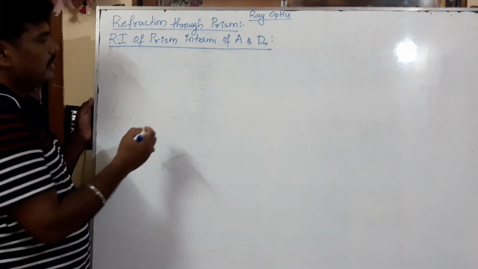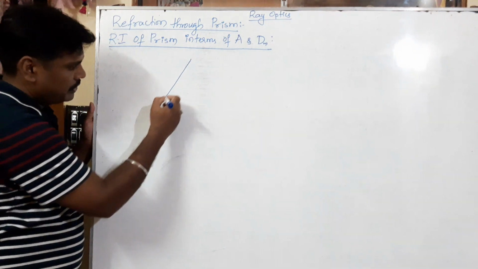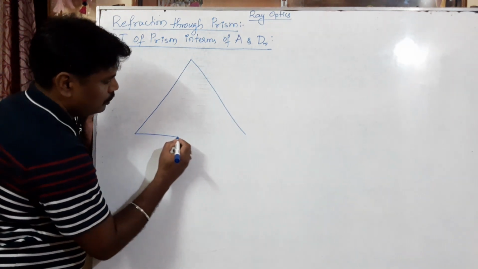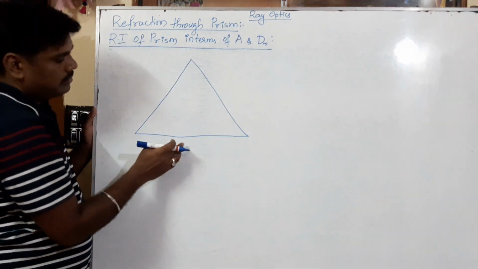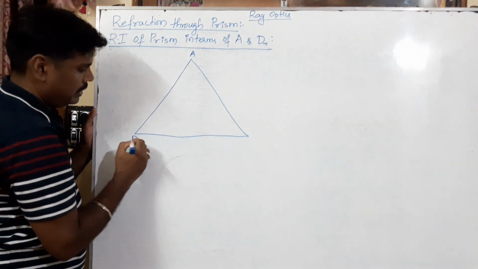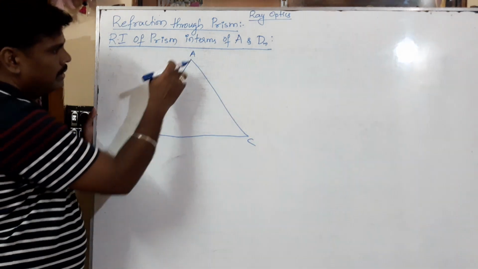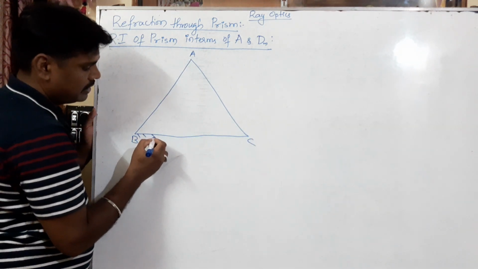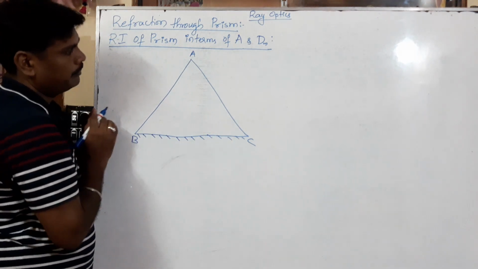For that, let us consider a ray diagram. This is what the ray diagram one should consider. We should write the principal cross section of the prism. You know how to write it. We should write a triangle. I used to consider an equilateral triangle here, A, B, C. This is the principal cross section of the prism. AB and AC are the two refracting surfaces. BC is the base of the prism. Base means it has to be held here.